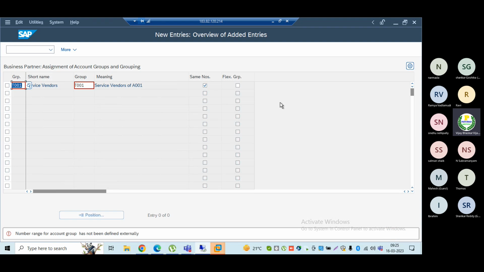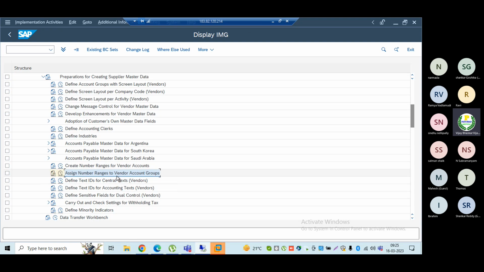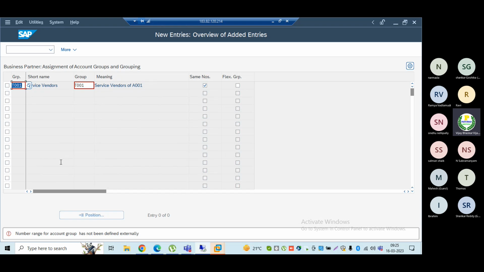Remember, number range for the account group has not been defined externally. Externally is flexible for which one? External number range. I think we need to select external or what? Assign number ranges for the vendor account groups. Create number ranges for vendor.